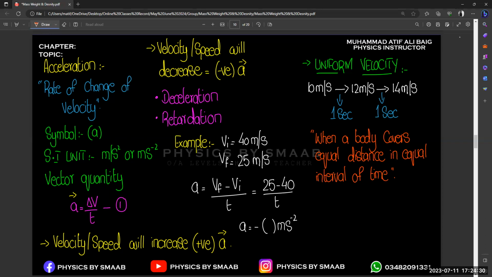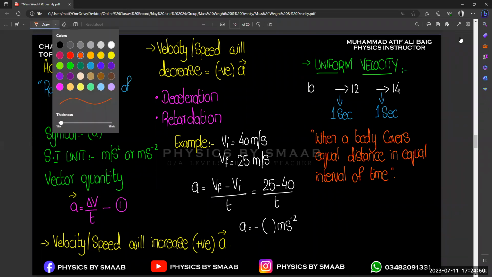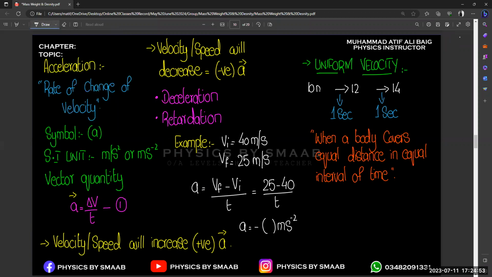Because our speed is increasing but the change of the speed is constant, right? Okay, one more thing, sorry, I just mistakenly wrote the unit of speed over here. We are talking about velocity or speed and there is a change. Yes, sorry for that, you need to replace it by only meter. 10 meter, then 12 meter, then 14 meter, right? Then 16 meter. So basically, your distance is going to be increased by 2 meters after every 1 second.